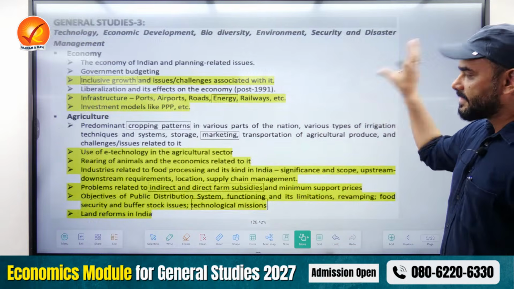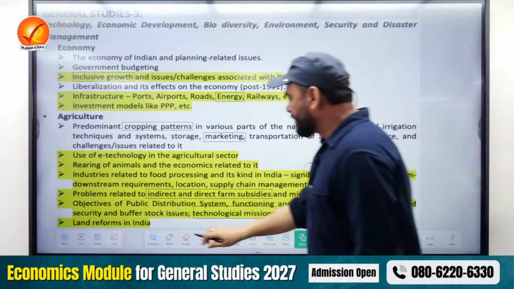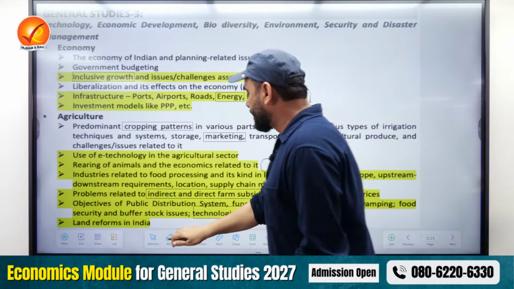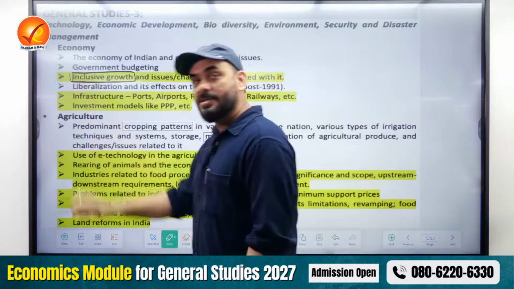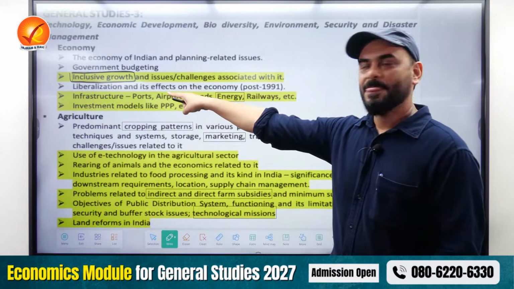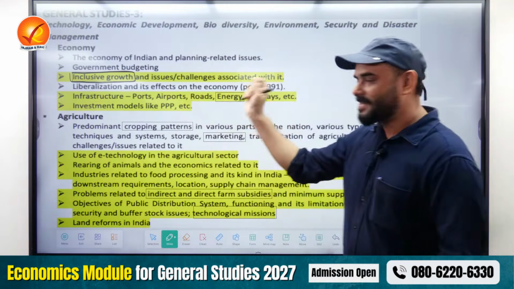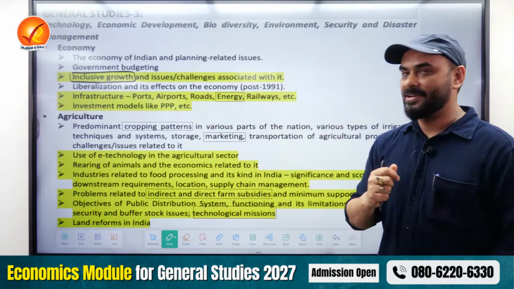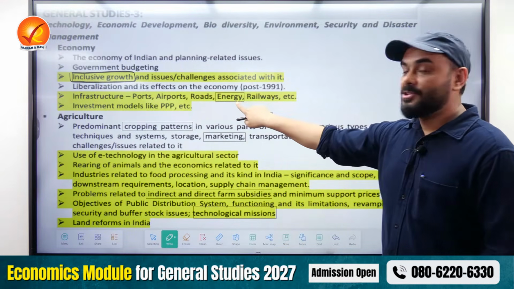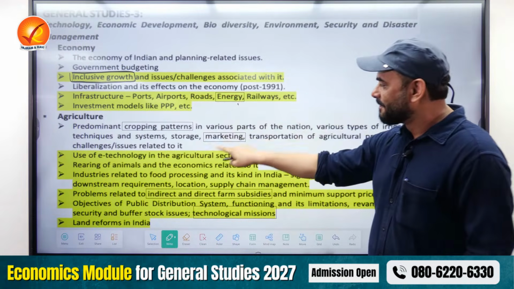Now, this is the syllabus. What I have done is make a few boxes in this syllabus. See, this is a box. What is written in the box? The words are "inclusive growth," as you can see. But just keep focusing on the words. Number 2 is energy. Just keep focusing.